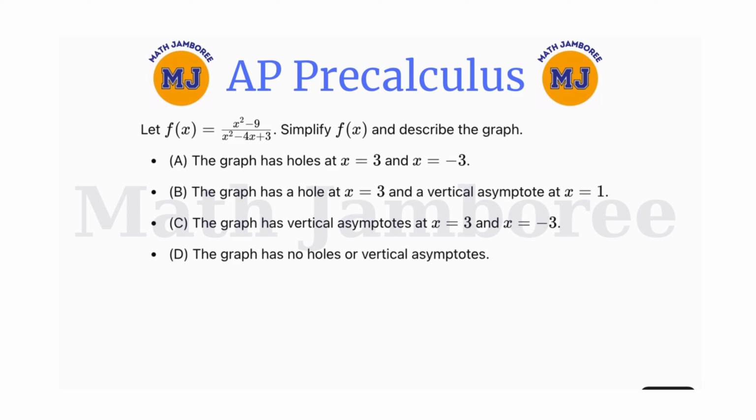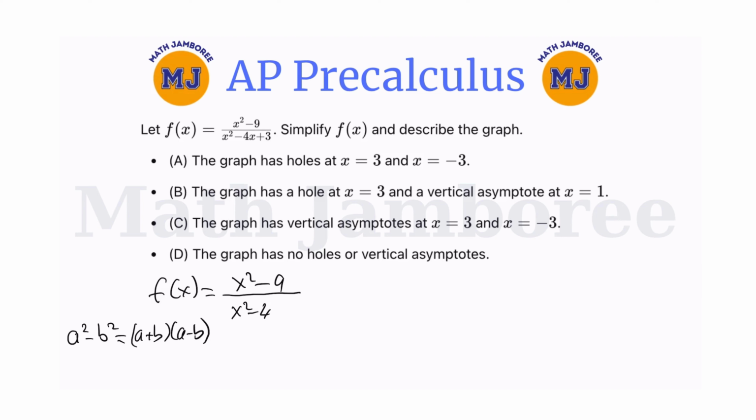In this case, we're going to analyze the given expression, x squared minus 9. Before doing that, I'm just going to talk about a squared minus b squared. The difference of two squares is a plus b times a minus b. So x squared minus 9 is the difference of two squares. In the bottom, we have x squared minus 4x plus 3 in the denominator. So x squared minus 9 can be rewritten as x plus 3 times x minus 3, over